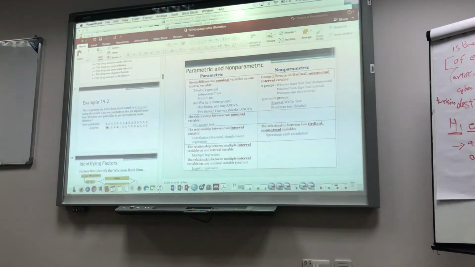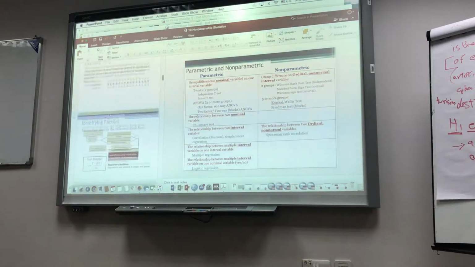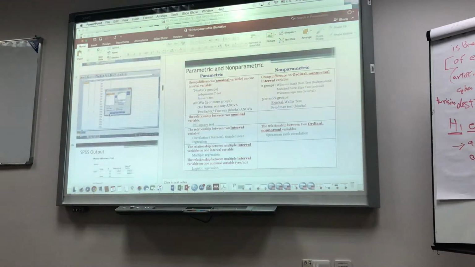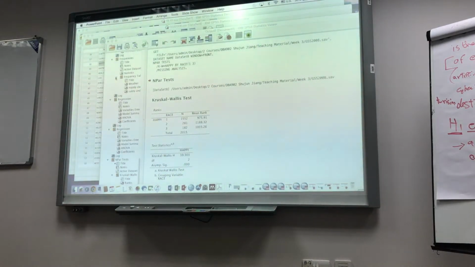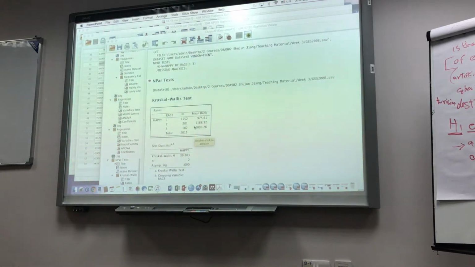For the Kruskal-Wallis test, it's two-tailed, because the null hypothesis is that there's no difference. So you don't need to divide by 2, just use this significance value. It's already smaller than 0.05, so it's significant. There are differences, and you can see which one has the highest score.